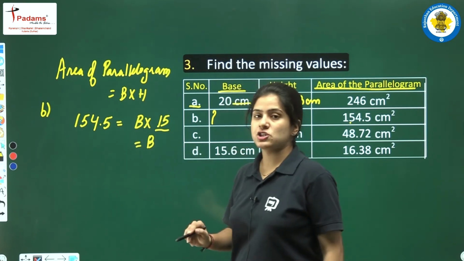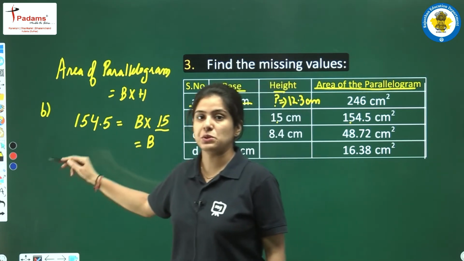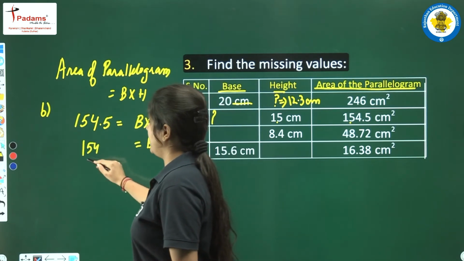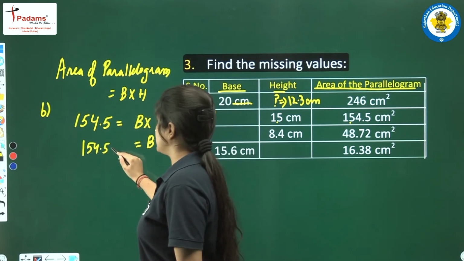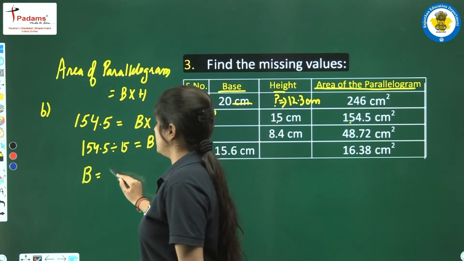It is in the multiplication, so if I take it from the right hand side to the left hand side, it will go to the division part. Okay, so 154.5 divided by 15, right? So this b is equals to